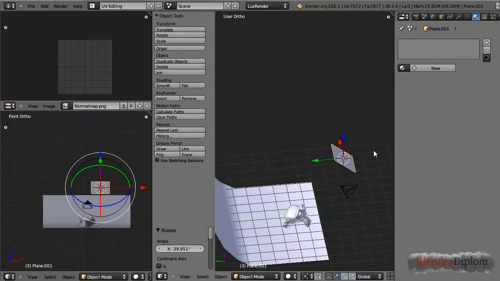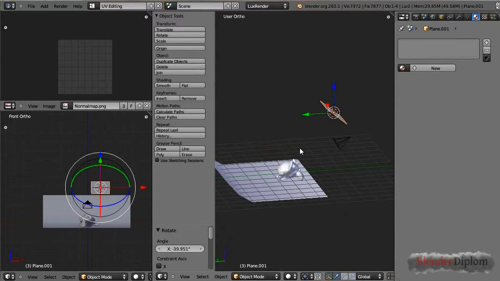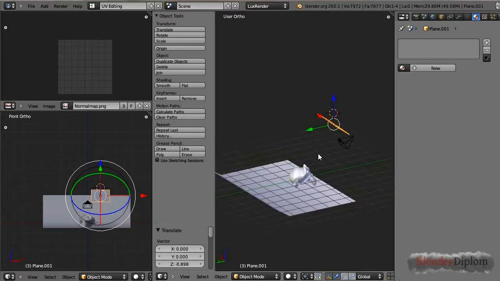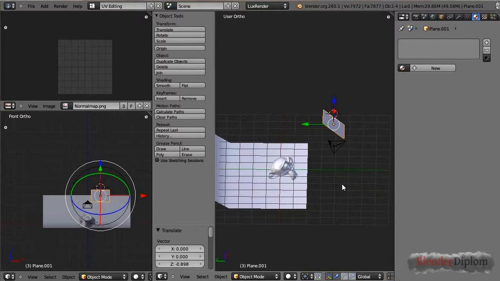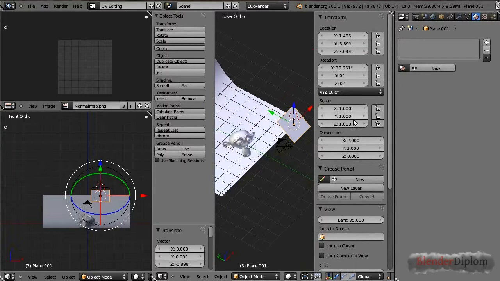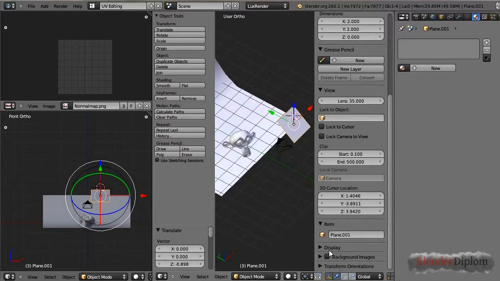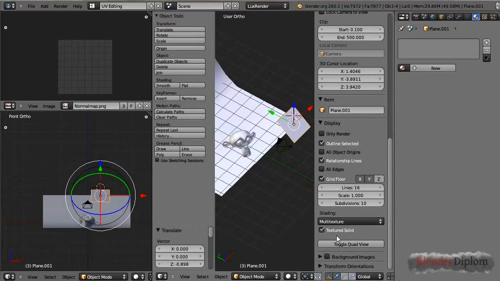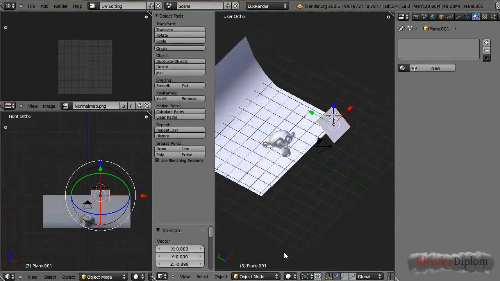In Luxrender with mesh lights, you have to be careful because they only cast light in one direction, and that is along the normals. There's two ways of trying which way the normals, or actually there's three ways, which way the normals of a face are pointing. One is to enable GLSL shading, or just to check textured solids. In this case, if you put to solid, then